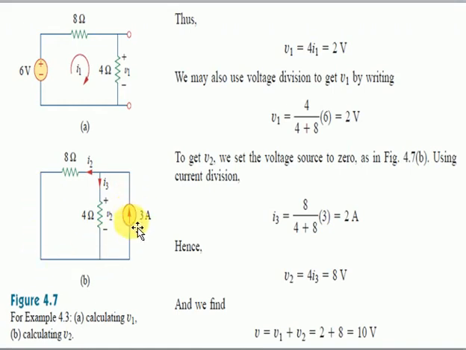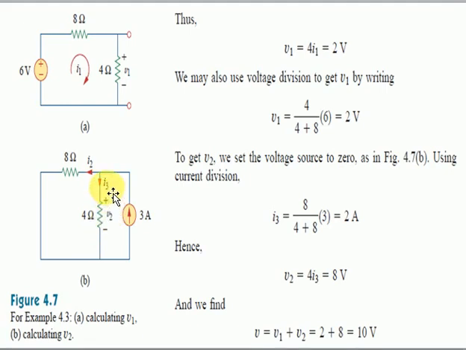Now we are having the total current of 3 ampere, and this current has been divided between two branches. In the first branch we are having I3, and in the second branch we are having the current I2. So we have to find out the value of V2. First of all we have to find out the value of I3, this current is flowing through the 4 ohm resistor, and this V2 is equal to 4I3.